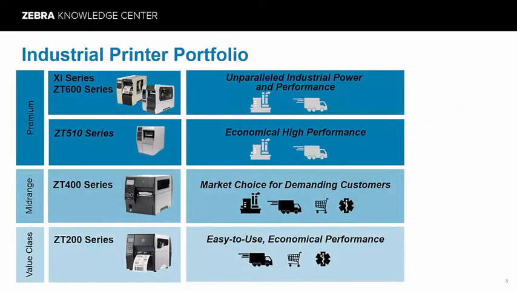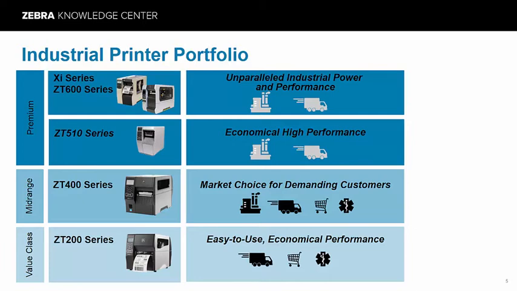In the industrial printer portfolio, we start with our value class, which is the ZT200 series. The ZT200 is our 4-inch industrial printer designed for ease of use and economical performance. Moving up in the tiers to the mid-range, we have the ZT400, which is the market choice for demanding customers. The ZT400 is also a 4-inch printer, but has higher resolution capabilities than the ZT200, faster print speeds, and more